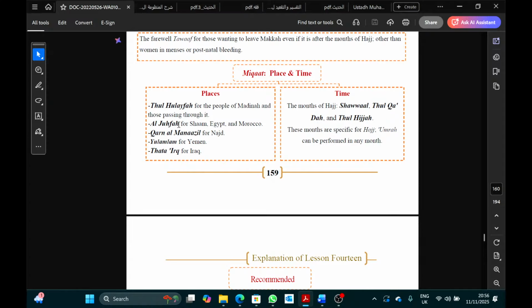Because we're going over it, you make sure that you make your intention and you wear the clothing on the plane. Some people put the clothing on at the airport, but some people feel too awkward to do it at the airport, so they'll get changed during the flight. Which is fine, but make sure you do it early enough, because if you go right towards the end, everyone's going to go at that time, right? So make sure it's early enough.